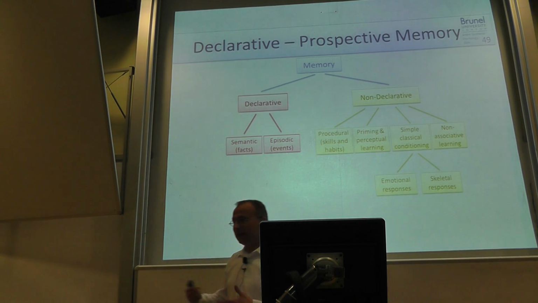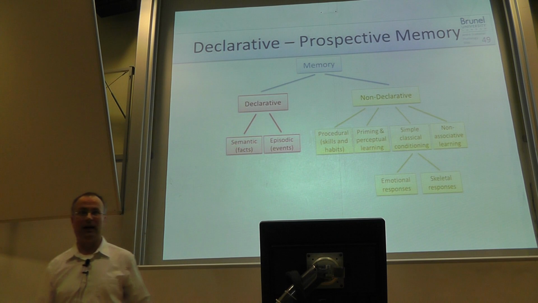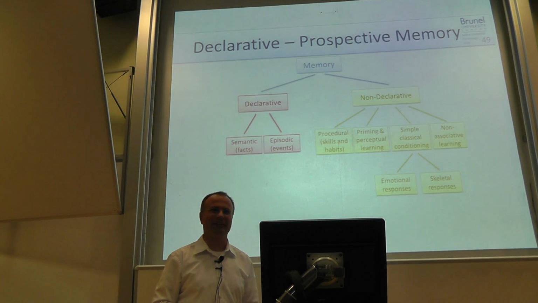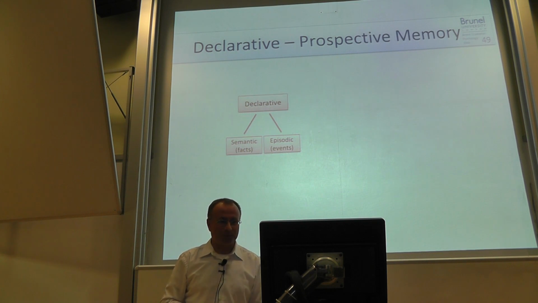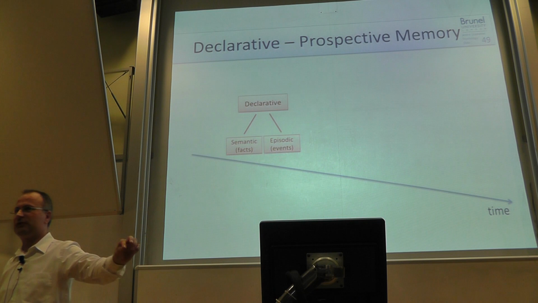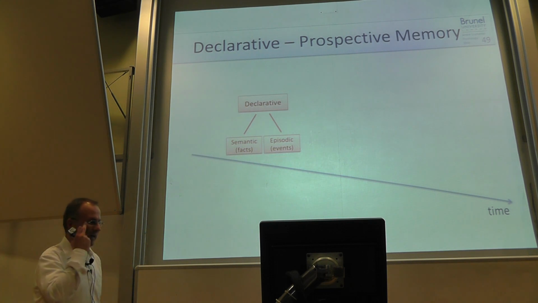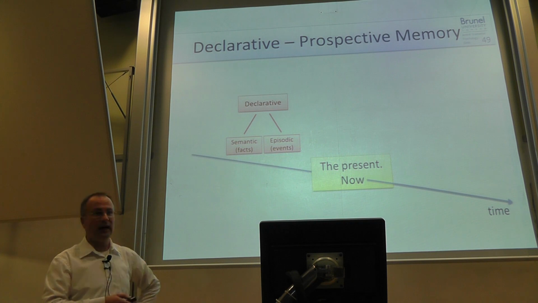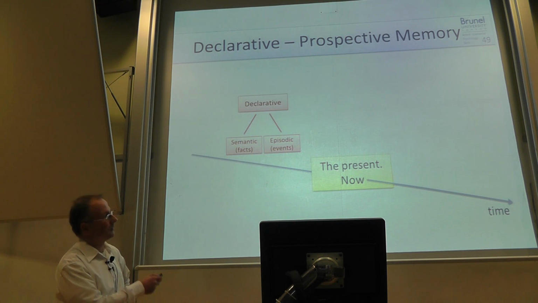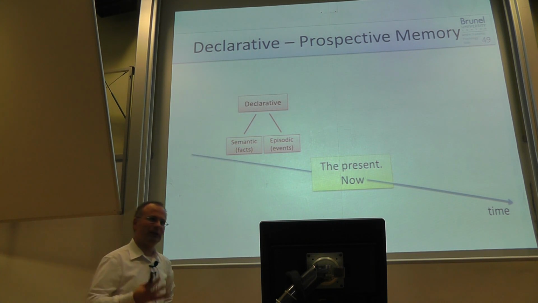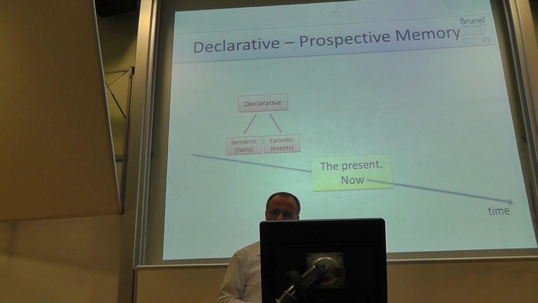Okay, so let's move on. We have two things to cover. We don't have to, but I would like to cover two more things today. And one is when we now take time a little bit into consideration. In what we've spoken about so far, these types of memories are memories of the past. However, could you think of any memory which may be in the future?